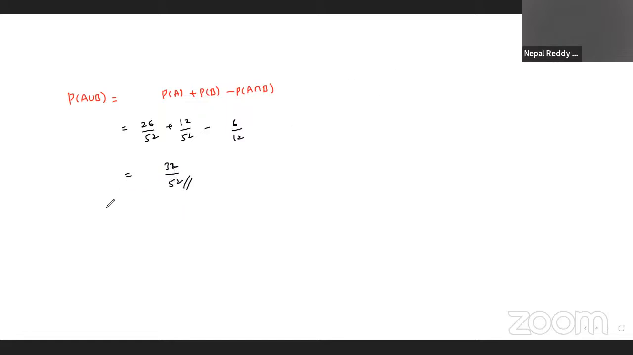Next, probability of A complement. That is probability of S minus probability of A, nothing but 1 minus probability of A. And hence here the solution is 1 minus 26 by 52, which becomes again 26 by 52. Next,